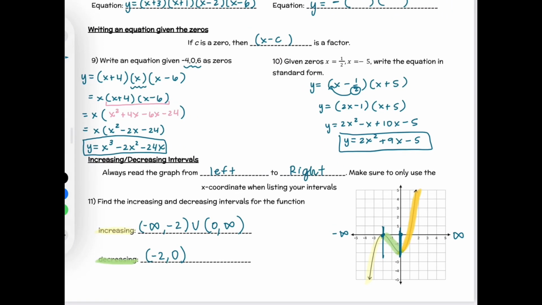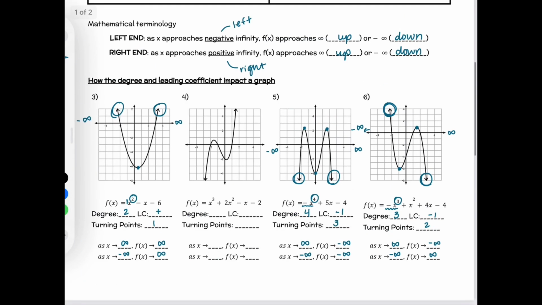All right, make sure you finish the questions that we didn't completely do together, and then take your